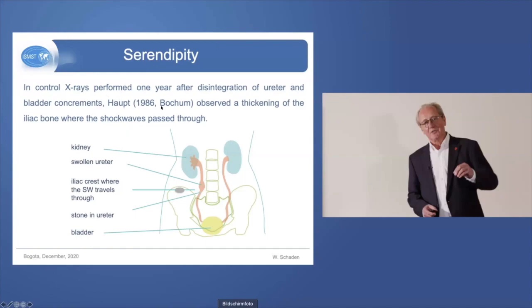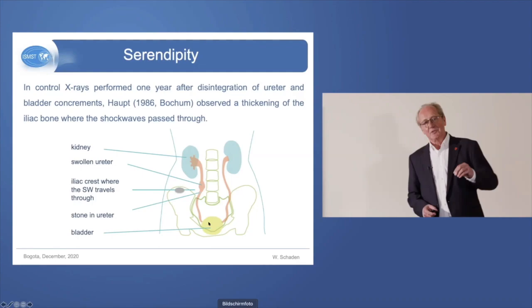He was a urologist in Bochum, and he found that if the stone is not in the kidney but within the duct in the ureter or within the bladder,